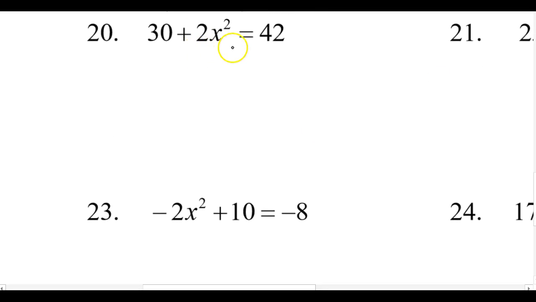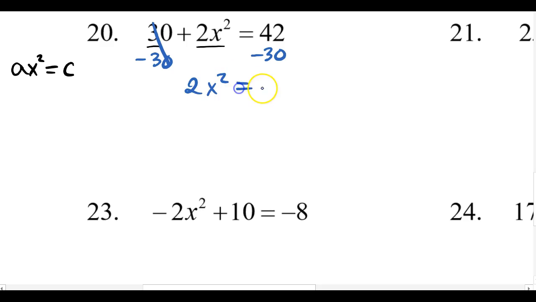Okay, so now again, remember, we have to have one number on the left of the equal sign and one number on the other side of the equal sign. And here we have 2 numbers on the left. So here, remember, we want x squared on the left side, so that means we need to get rid of this 30, or remove it, make it 0. So let's subtract 30 from both sides, and that will get rid of it. Now we'll have 2x squared equals 42 minus 30, which is 12. But then again, we still have this 2, because remember, we just want x squared. So now divide by the 2,